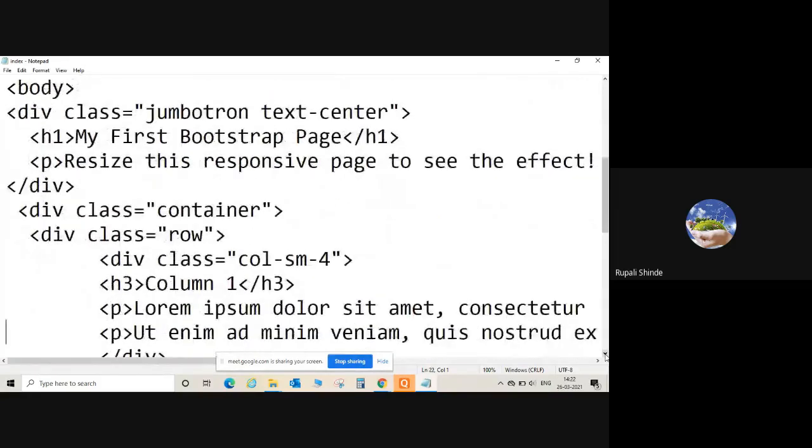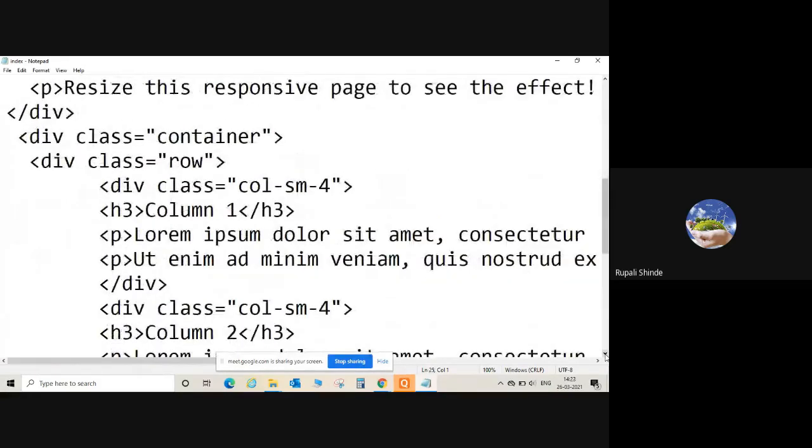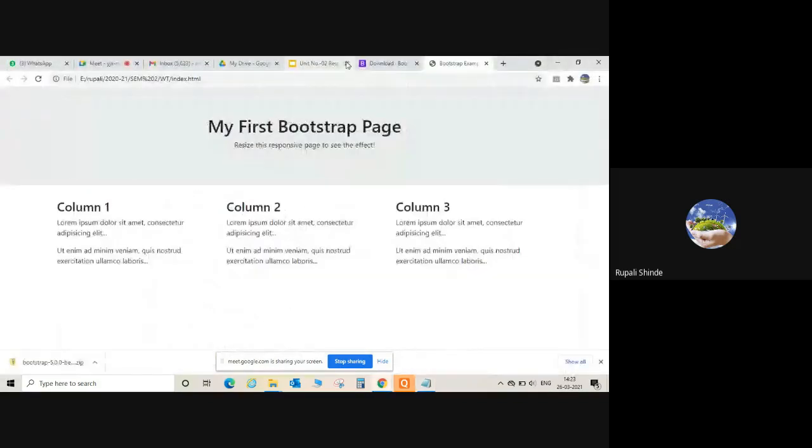Then we have a container class. The container class again has the row class, and the row class again has the columns. Accordingly, we are going to resize the columns also. Again, it has different classes. So I think we have the next slide, which has the different classes.